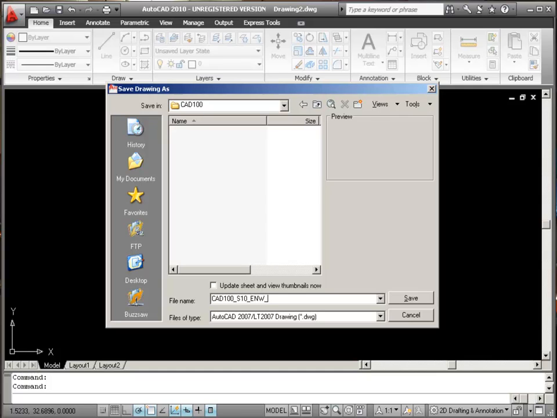Underscore, and then whatever your assignment is. It could be homework underscore 1. It could be lesson 1, assignment 1, or L1A1. It could be test underscore 1. It just depends. You'll be instructed exactly what naming convention you use at the tail end of this file name, but just note that it's going to be something like that. So we'll just say lesson 1, assignment 1, for example. And I hit save,